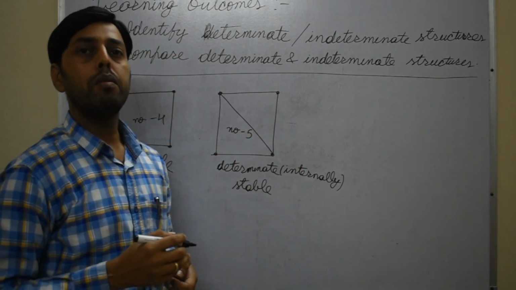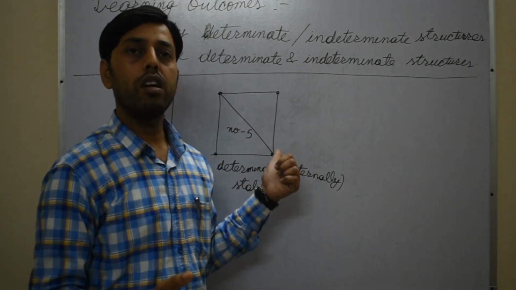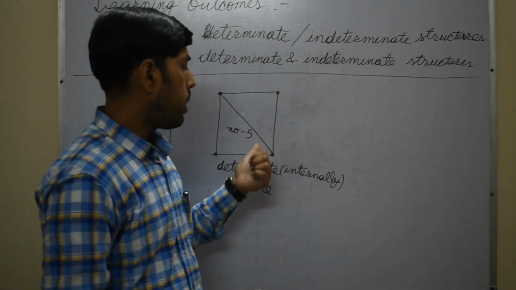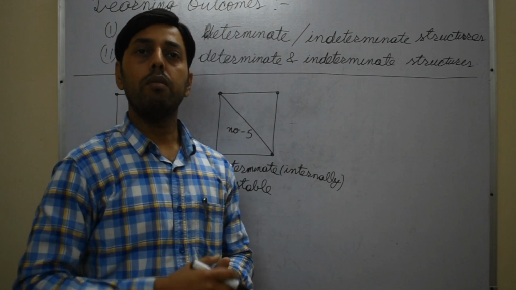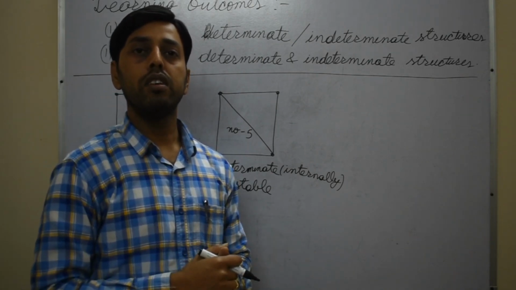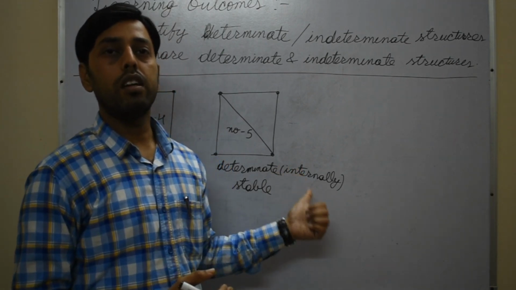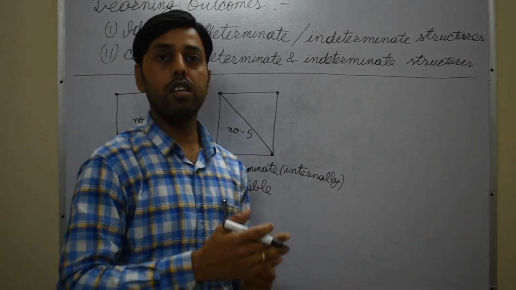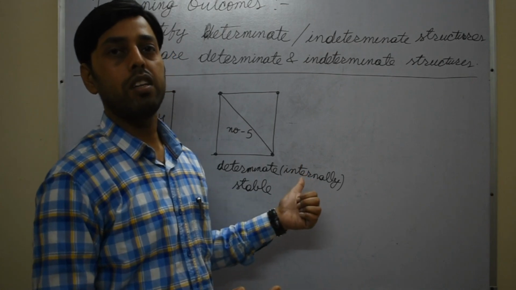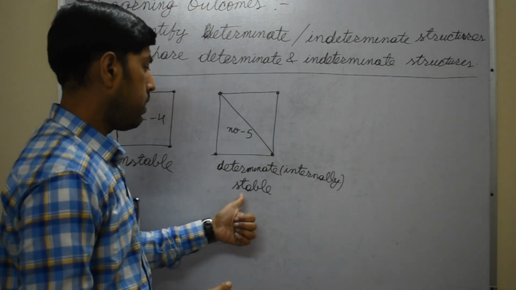Once a truss stabilizes its own geometry without the help of support, we have not added any support. This truss can stabilize its own geometry. If geometrical stability is achieved using a minimum number of n members, and we have provided those n members in that structure, then it will be internally determinate. We have not talked about external determinacy or indeterminacy. We have just talked about internal determinacy or indeterminacy.